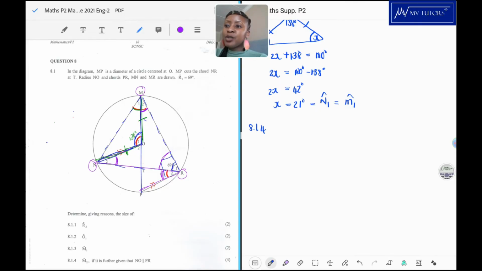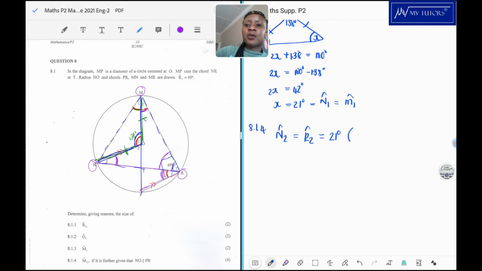I know what N2 is. So N2 is equal to R2, which is equal to 21 degrees, and that is because of alternating angles,